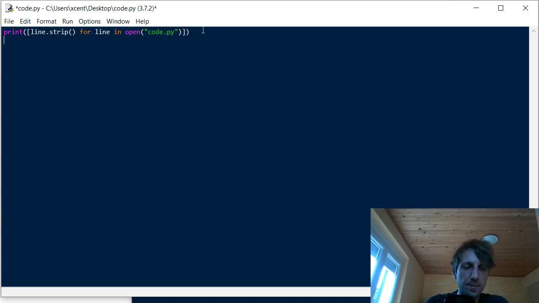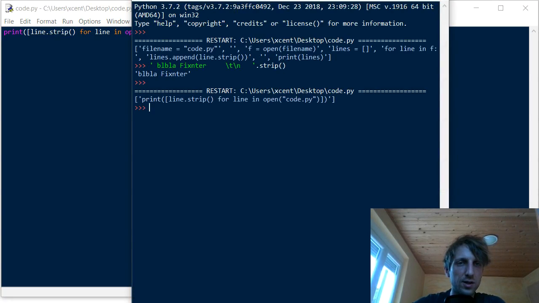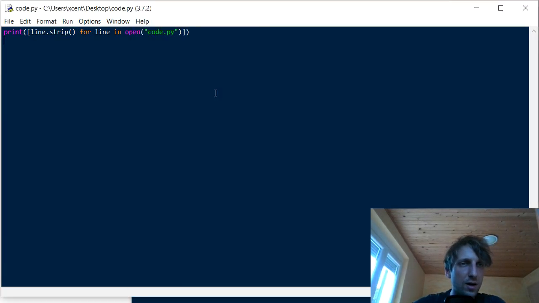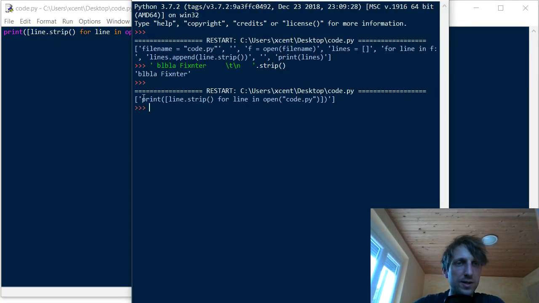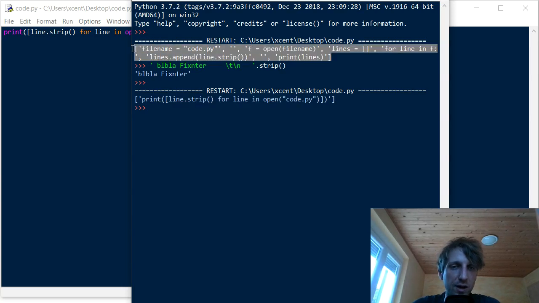And if you execute this, it gives us our whole code file, which now consists only of this one statement. Therefore we have only one statement in our resulting list. But if you would have opened the same code file, then we would have gotten exactly the same result in a single line of code instead of 6 lines of code.